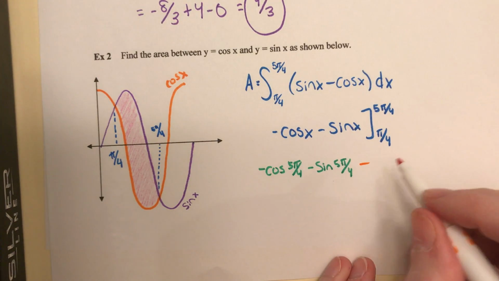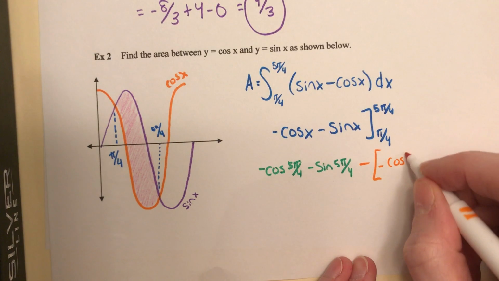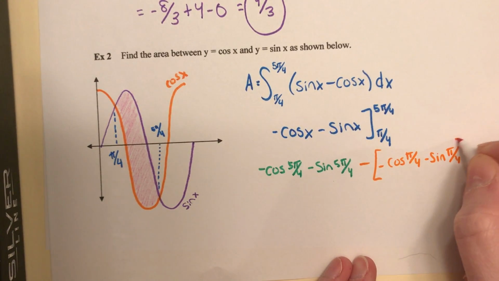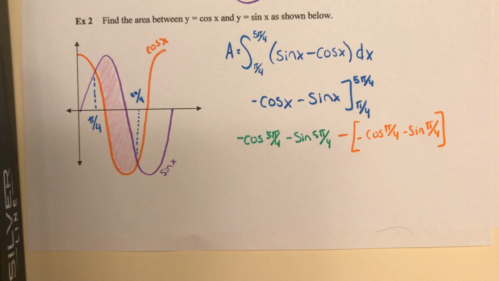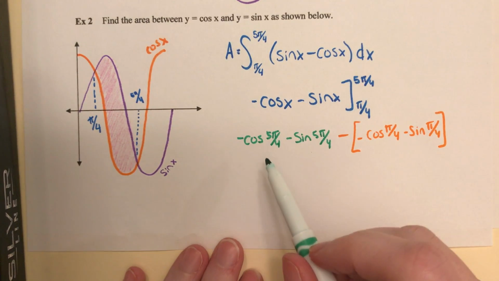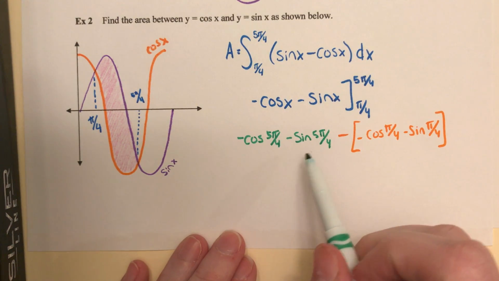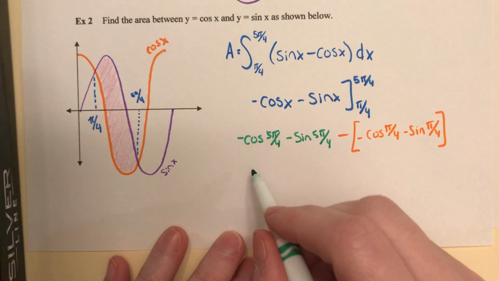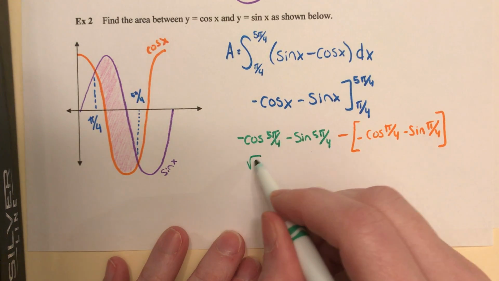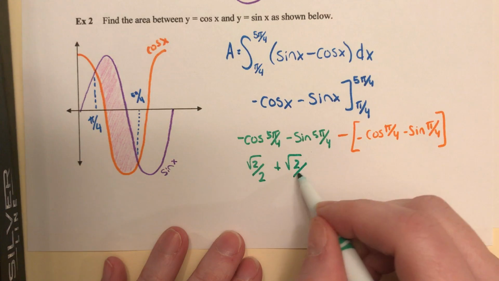Minus, I'm going to plug in pi over 4 and we're going to solve. So cosine of pi over 4 and sine of pi over 4 are both positive root 2 over 2, so negative root 2 over 2 there. That would be positive root 2 over 2 plus positive root 2 over 2